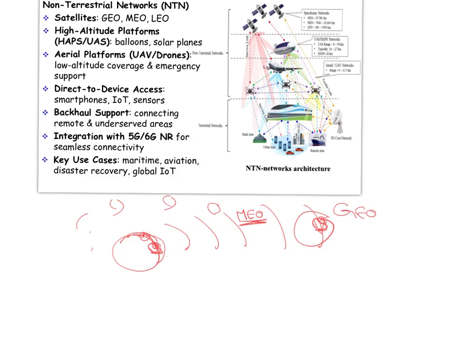So these middle Earth orbit satellites need to cooperate and hand off the traffic from one to another, and that requires more sophistication and more complexity. But the good thing here is that the latency is reduced